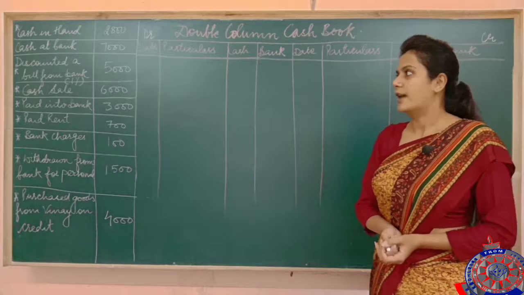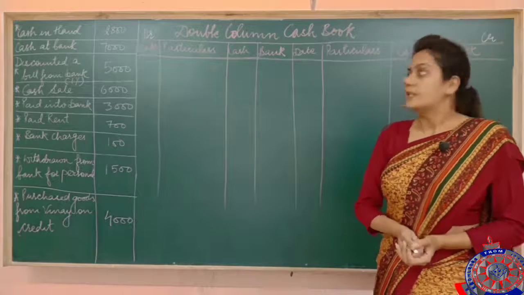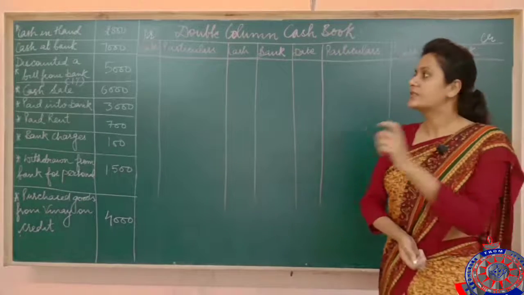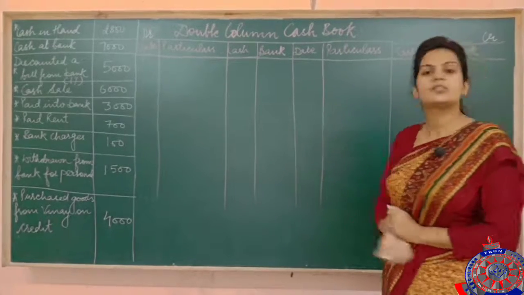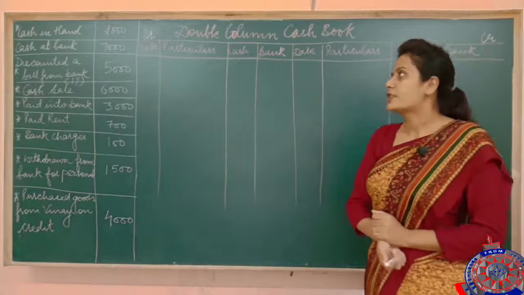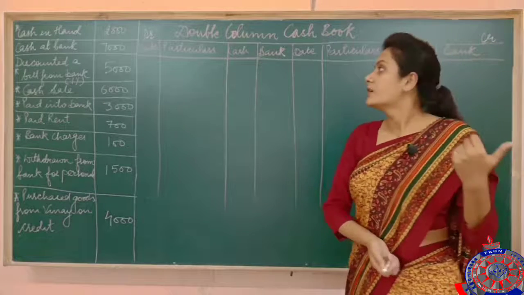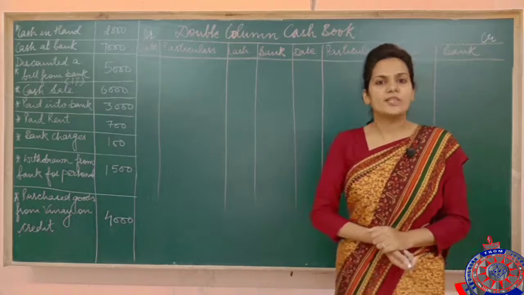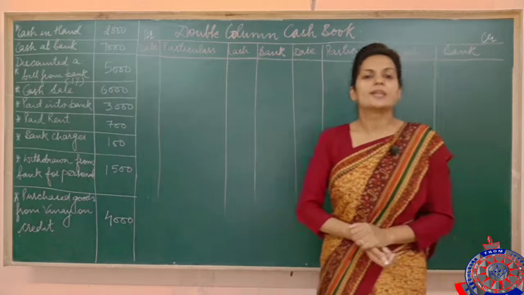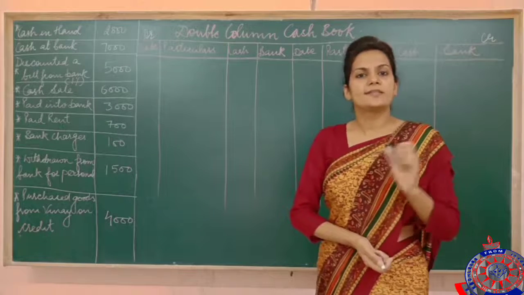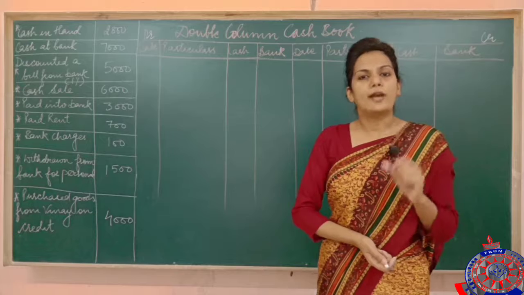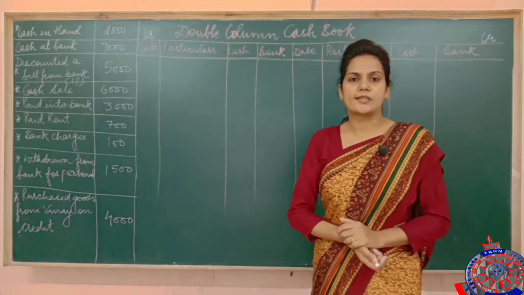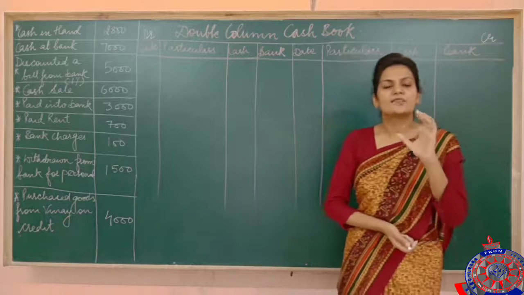First is cash in hand and cash at bank. You can see that the date column is not here, which means dates are not given, so we can write fictitious dates on our own. Cash in hand means last month's closing balance of cash. It means last month we were left with rupees 2800. As you know, cash is an asset and all assets have debit balances. So the opening balance of cash as well as bank we write on the debit side, unless something is specifically mentioned.